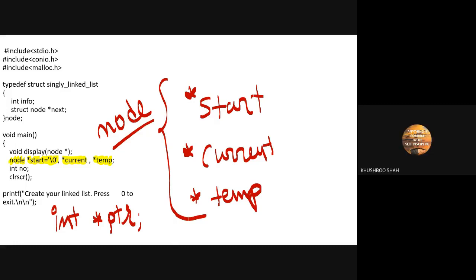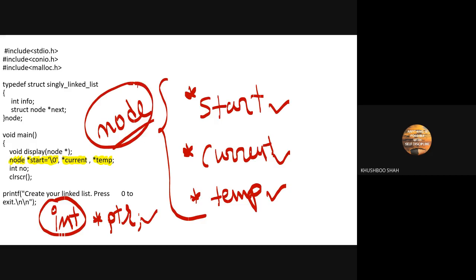But what is the actual meaning? That ptr can store the address of an integer variable. So the meaning of the statement is that ptr is the name of the pointer variable which is going to store the address of some integer variable. In a similar way, start, current, and temp are all pointer variables which are going to store the address of some node. That's it. Understood, everyone?